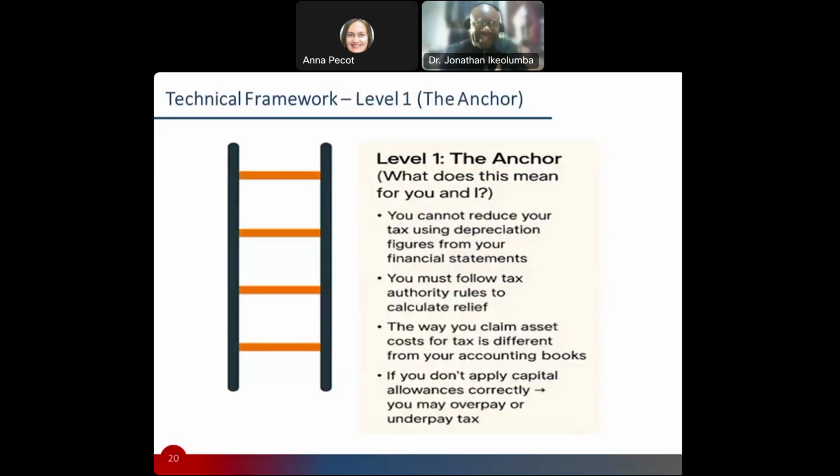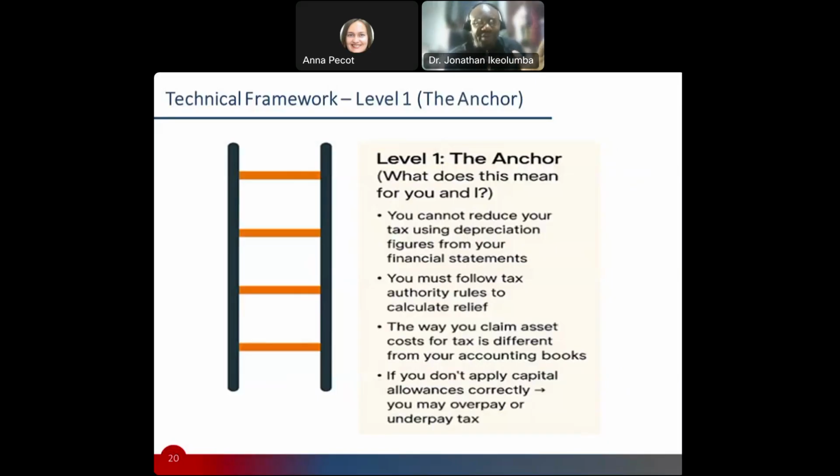Then I take it now to what does it then mean for the learner. So it simply means for the learner that you must make sure that you comply with whatever the tax authority has said you should do. It must mean that you should ensure that you take that into consideration when you're filing for your taxes.